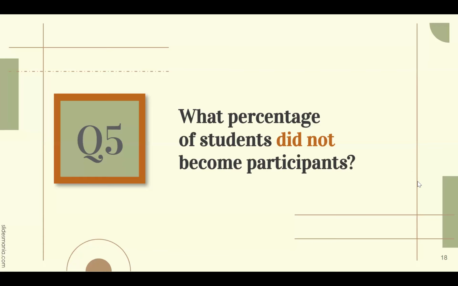Okay, this next question. What percentage of students did not become participants? I'm talking about how many students came to your program, and I should say, again, this is going to be for the 23-24 program year, the program year that just ended. What percentage of students did not become participants? So you had students who came, they registered, maybe they even took a test, but they didn't get as far as 12 hours. How can you figure that out?